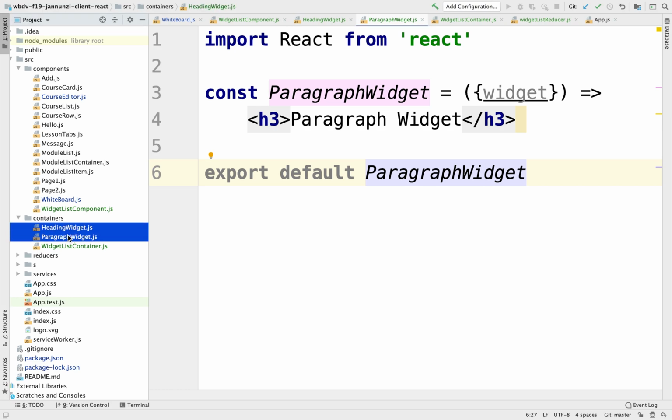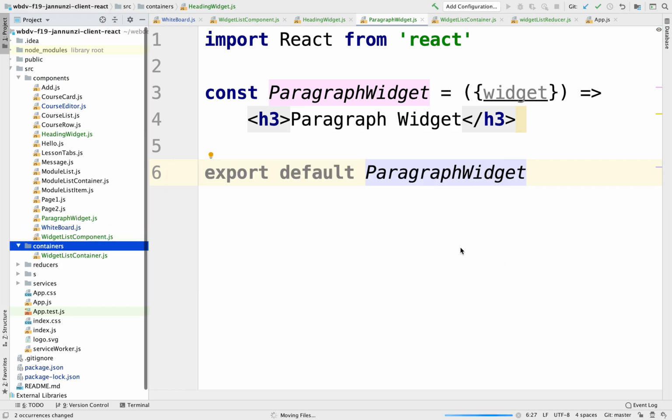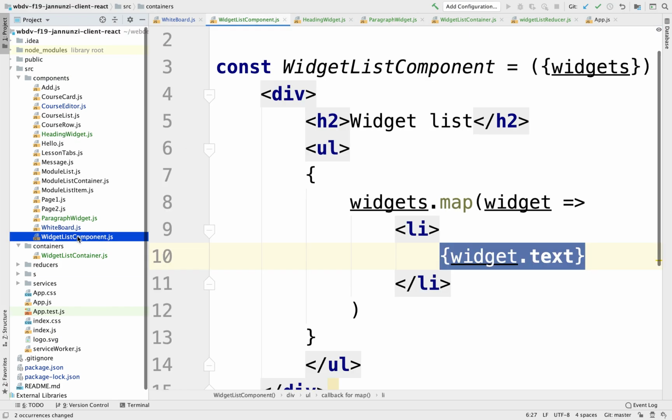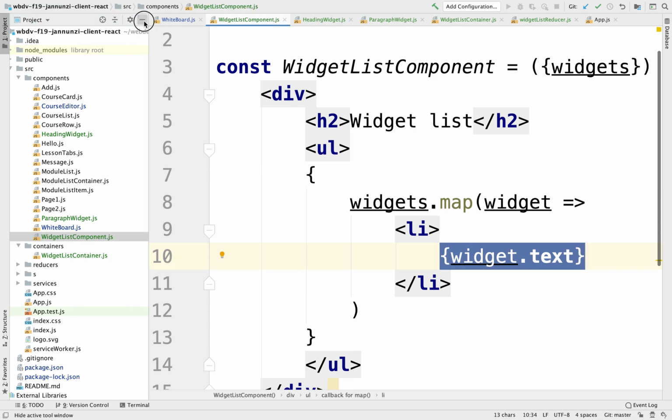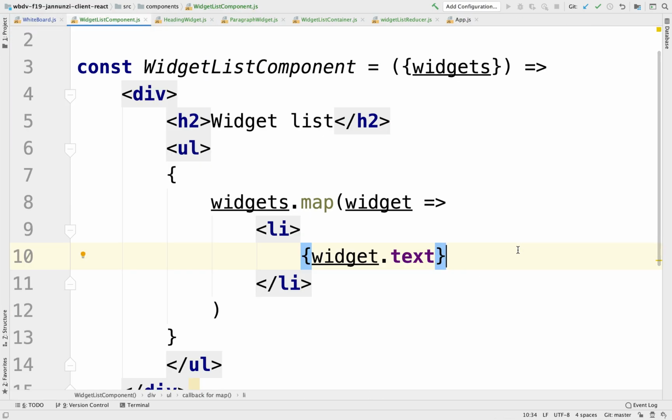Now, I guess these should be components, not containers. Let me move that into the component. There we go. Now the top level widget list component, depending on the type, might render one thing or it might render something else. So for instance, what we might want to do here is the following. We might take a look at the type, and depending on that,